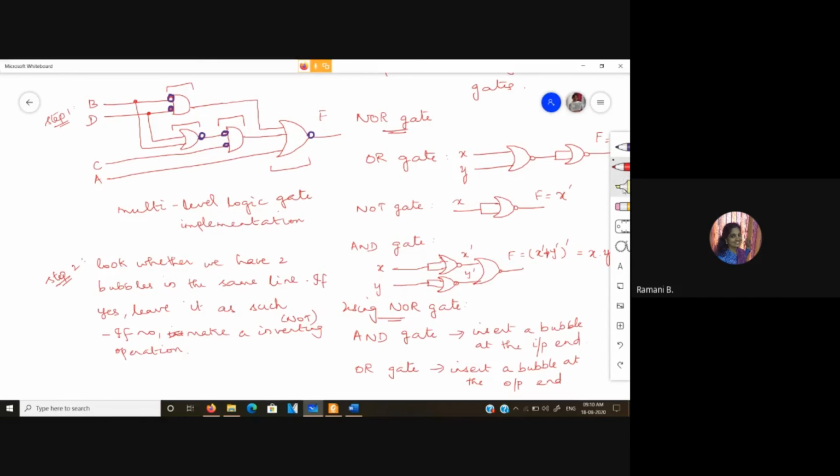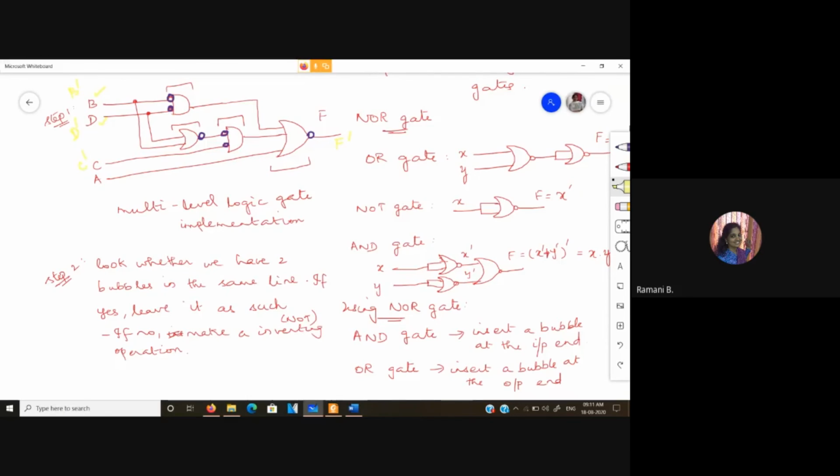And in this place, that is here I don't have a complementing bubble, so I convert these terms to B bar and this to D bar. Here I am having a complementing bubble, so I won't bother about it. And here I don't have a complementing bubble, so I convert this variable to C bar. And towards the end of it, here I don't have a complementing bubble, so I need to complement the function further. So what I obtain is F bar.